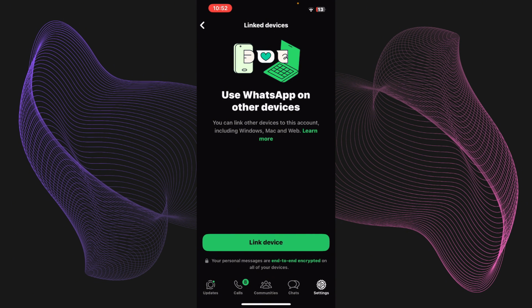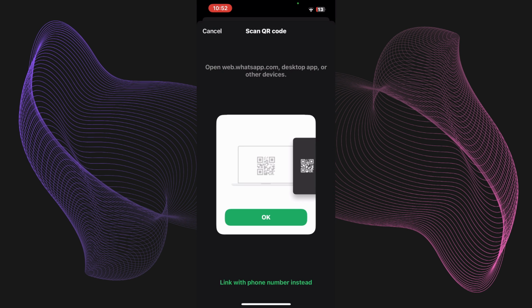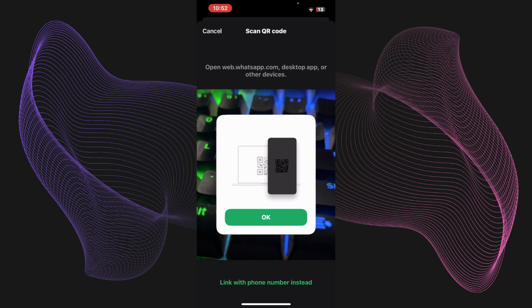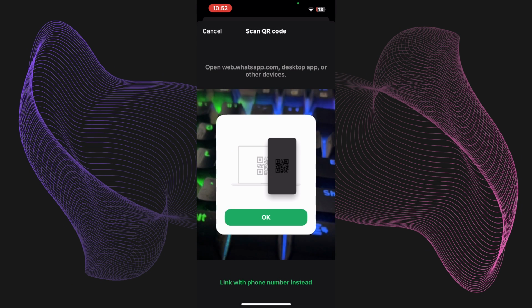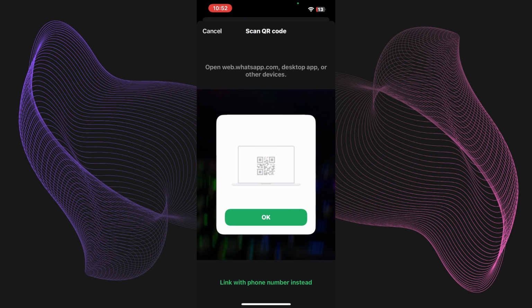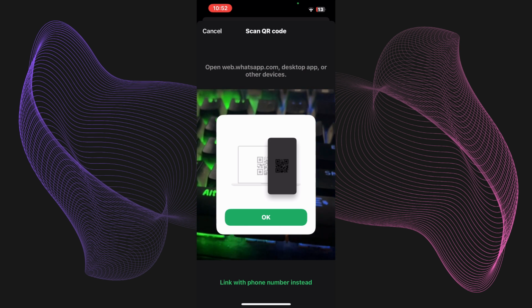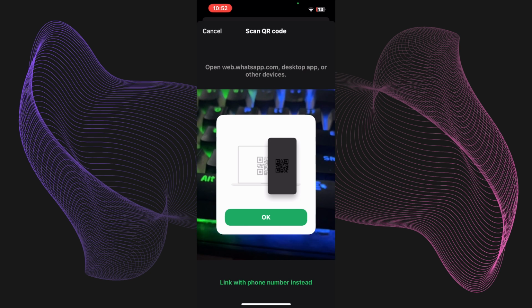So on your alternative phone, where you actually want to link your WhatsApp with your main device, it'll ask you to link device, and the other device will be showing you a QR code. You just gotta go ahead and press on link device, and right over here, you will be able to see a QR code option. So just take the phone to the QR code like this, and you just gotta scan it. Once you've scanned the QR code, it will directly use your WhatsApp as companion devices,